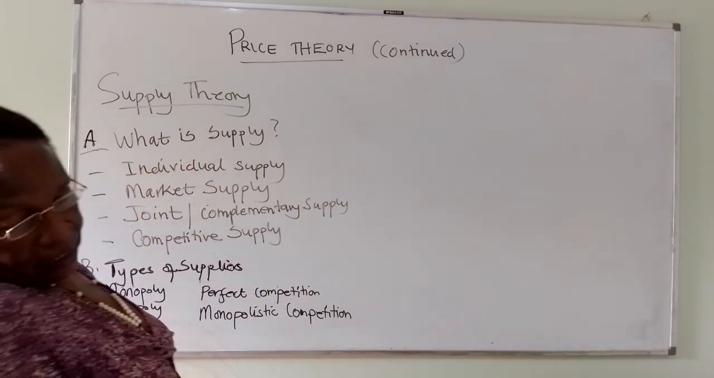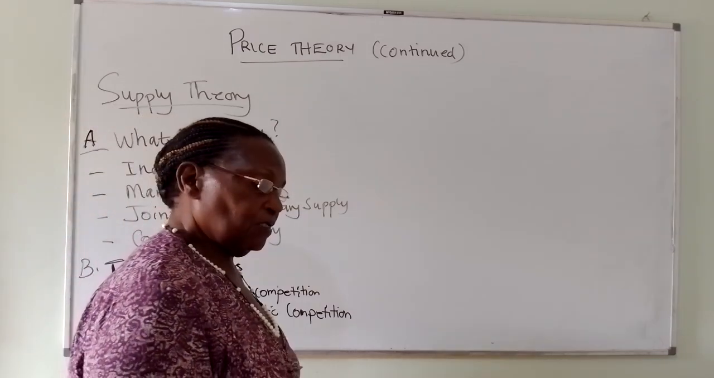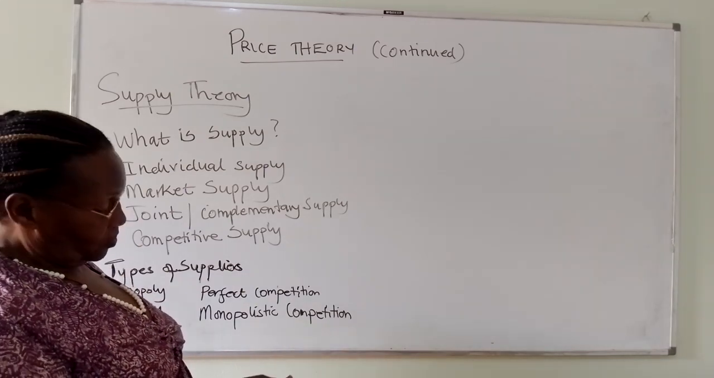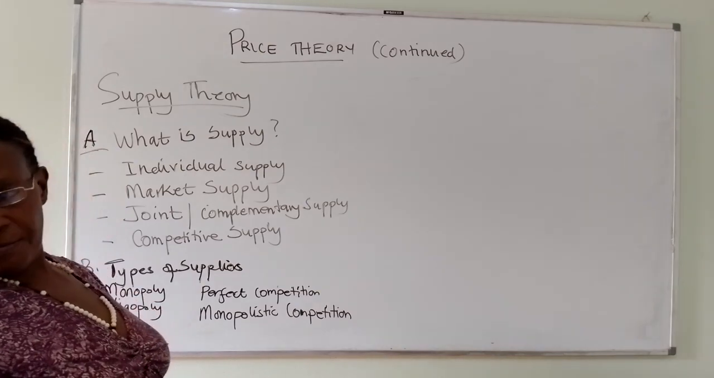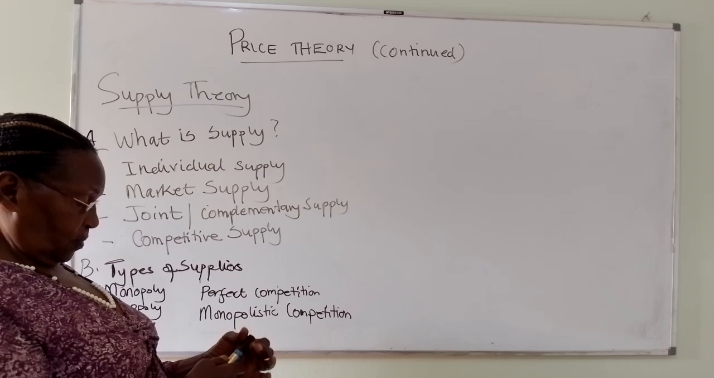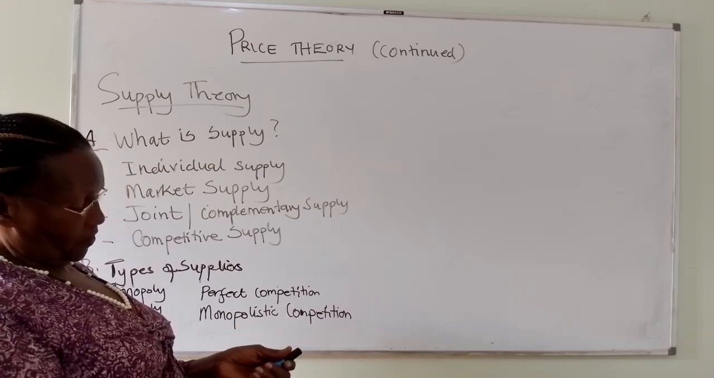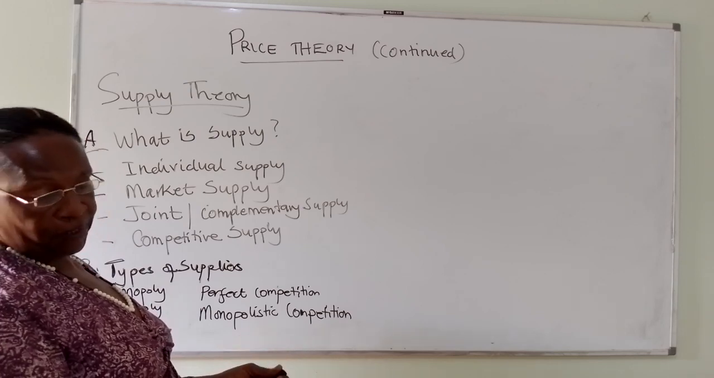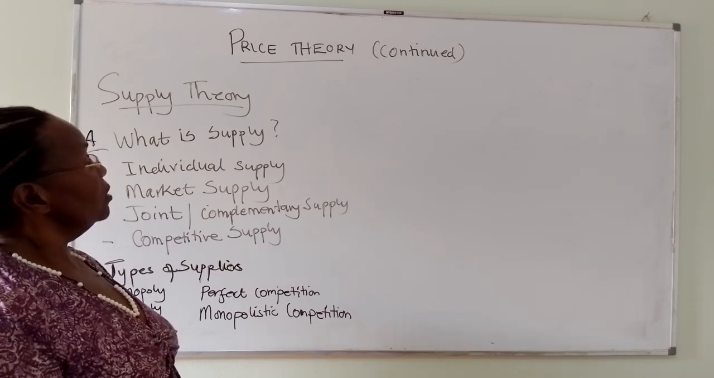So supply theory looks mainly at the producer and how he organizes factors of production to come up with a given amount of goods and services at a given time, being prompted by the price of that particular commodity. Why? Because we know that producers, suppliers being no exception, their motive is making or maximizing profits. So the issue of price of the commodity is a very big determinant in the amount that is going to